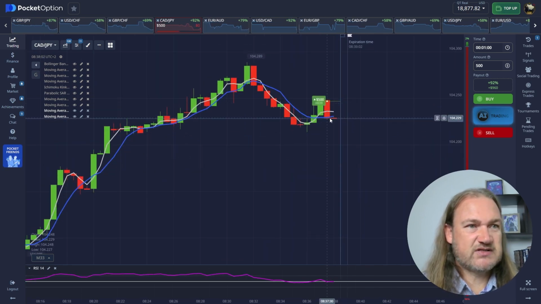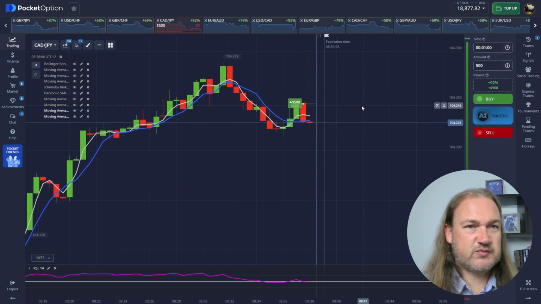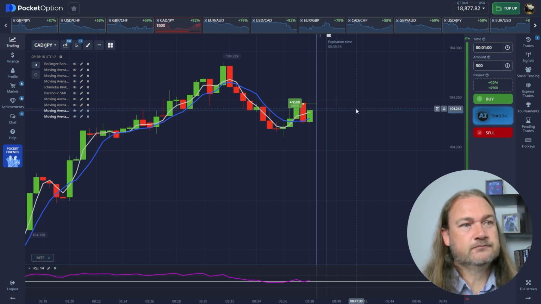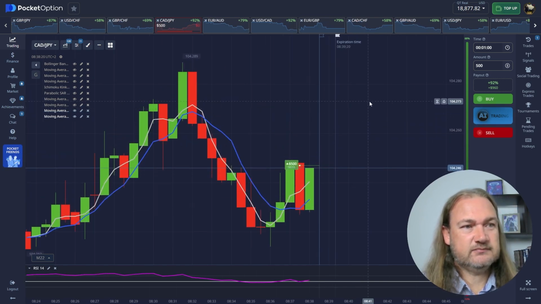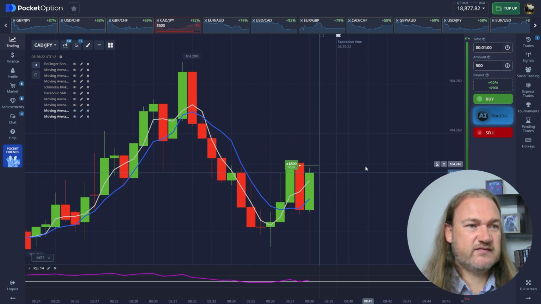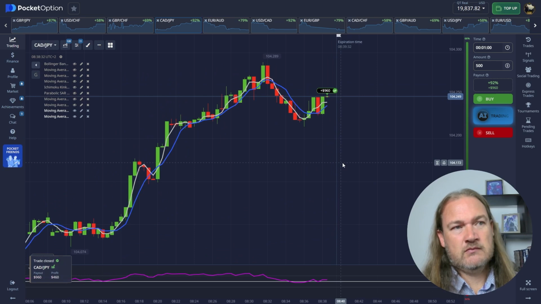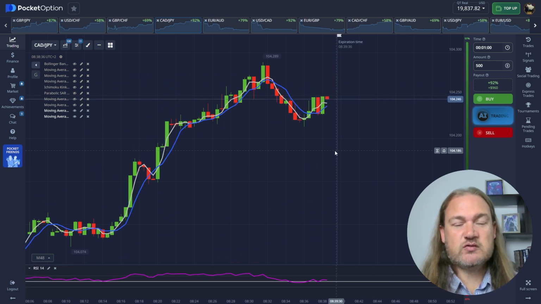Now let's see what happens here. We've got this candle left, 30 seconds on this. Let's see if this pushes up. Just wait until the close for this. Zoom in a little bit. 10 seconds left. Let's see if we make it. And there we go. A very simple strategy, but it's very important that you stick to the rules and that